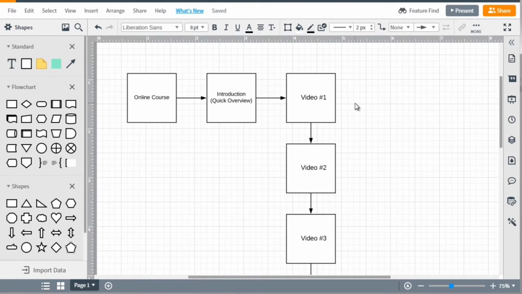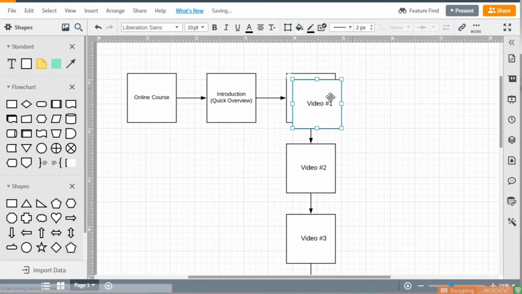And what I want to do now is get a better view of how I can make this more engaging. Perhaps what are areas that people are confused about? And how can I improve my students' success rate? So obviously, if you have your online course, you're very passionate about your course and you're very passionate about helping your students. So once you have that, you can figure out, okay, we're going to go through here. We've got the online course, the introduction, the quick overview, and they have video number 1. And let's say video number 1,